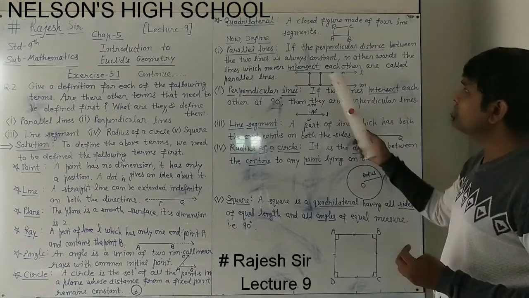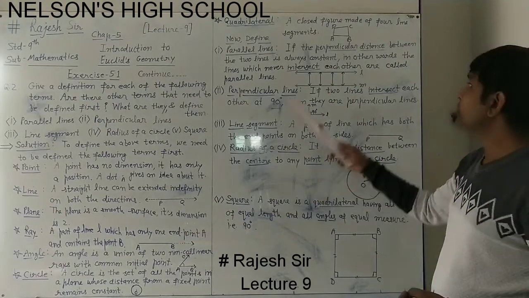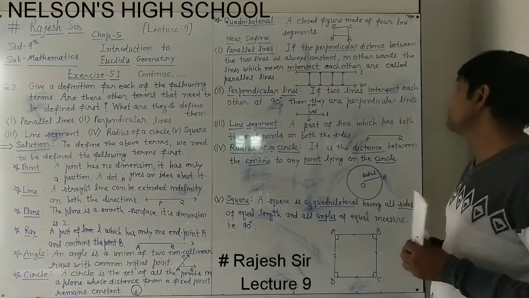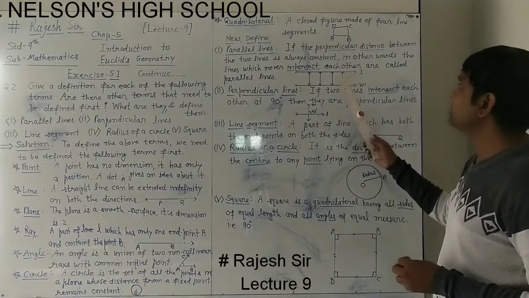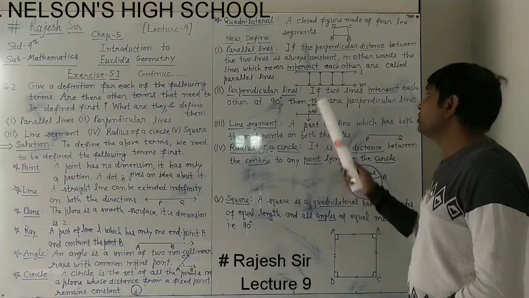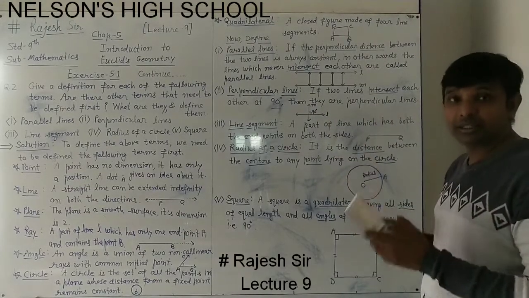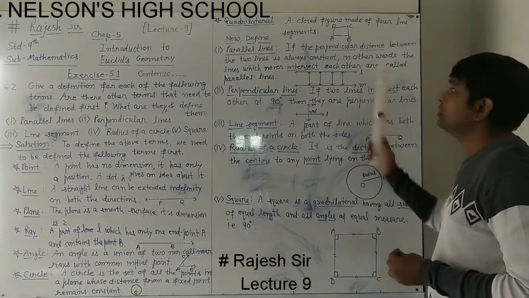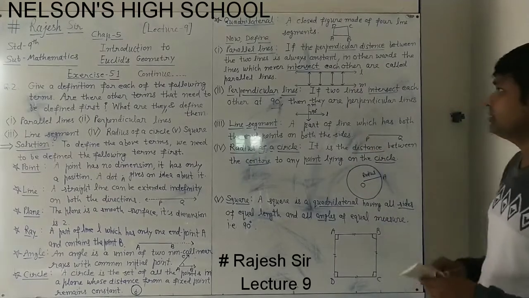So think about which terms were used to define parallel lines. The term used was perpendicular distance. We should know what perpendicular distance is. So here we have shown the perpendicular distance, and intersection. About that we have to understand. We can also understand that if this line and this line were crossing each other, then there would be an intersection, but this will not happen here. So L and M lines are called parallel lines.